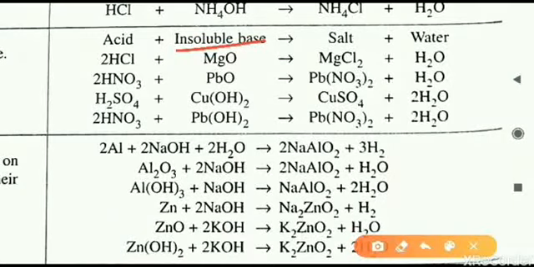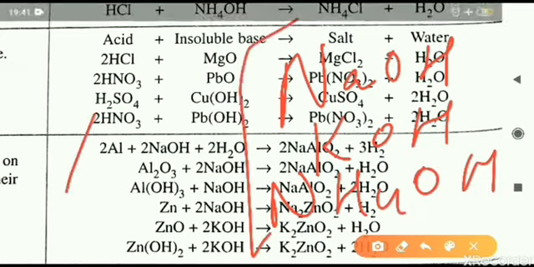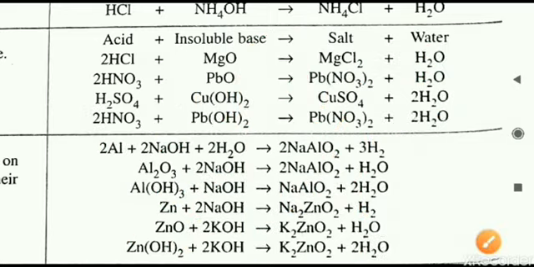Next, the remaining equations are with insoluble bases. If the acid reacts with an insoluble base, it is called a neutralization reaction. Water soluble and insoluble bases we have already learned in the earlier chapter. In the earlier videos we have seen only three: NaOH, KOH and NH4OH. Only these are called soluble bases. Calcium hydroxide you can also take, it is sparingly soluble. These are the soluble bases, so these are alkalis. All the remaining ones you can say are insoluble bases.